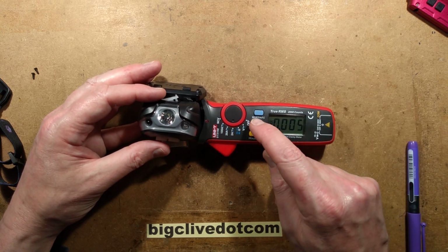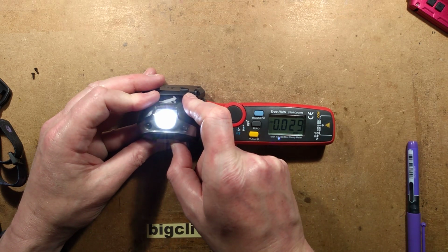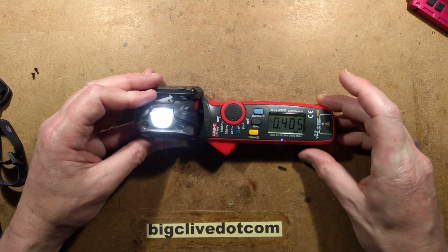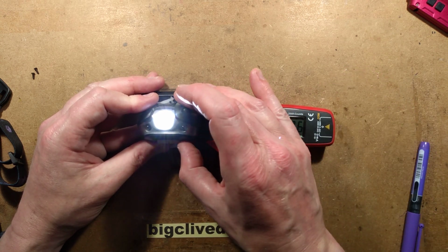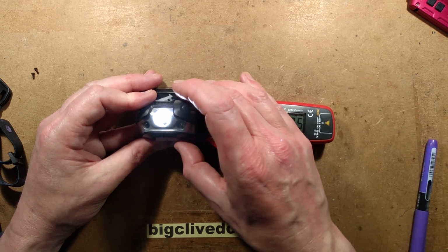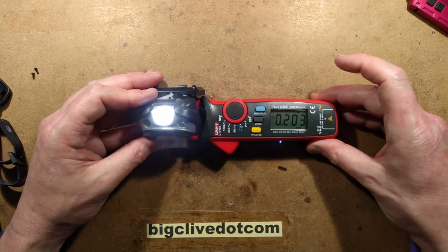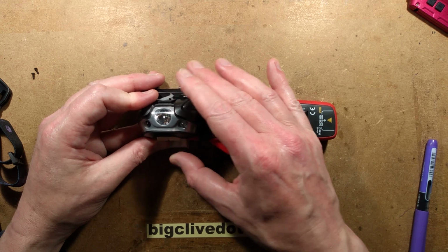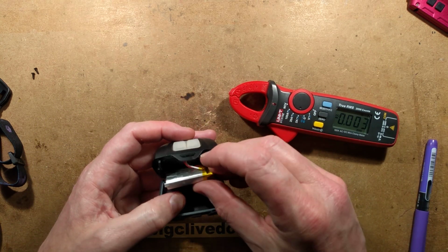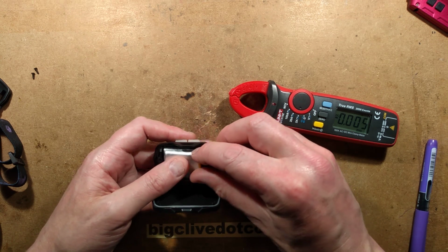Select DC mode, zero it out, turn the output on. It's showing 400 milliamps. Are you seeing that? 400 milliamps. If I put it to the low mode, it goes to about 135 milliamps. And I've put it to strobing 200 milliamps, which means it's a 50-50 mark space ratio with the full output setting. And what that means is that at the low setting, which is absolutely ample, with a 1200 milliamp hour